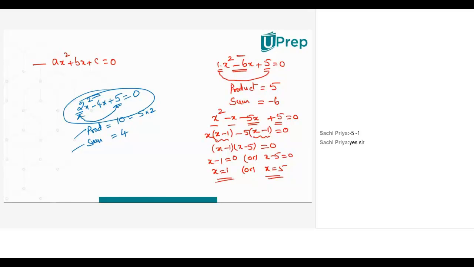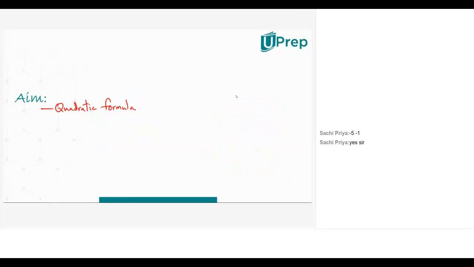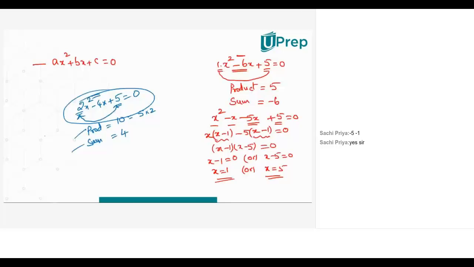So in order to solve this kind of problems also where factorization method fails, I want a universal method in which I can identify the roots, and that comes by quadratic formula. Once we learn the formula, instead of by-hearting it, what we do is we do sufficient number of problems to get habituated to this quadratic formula. Right? Shall we proceed?